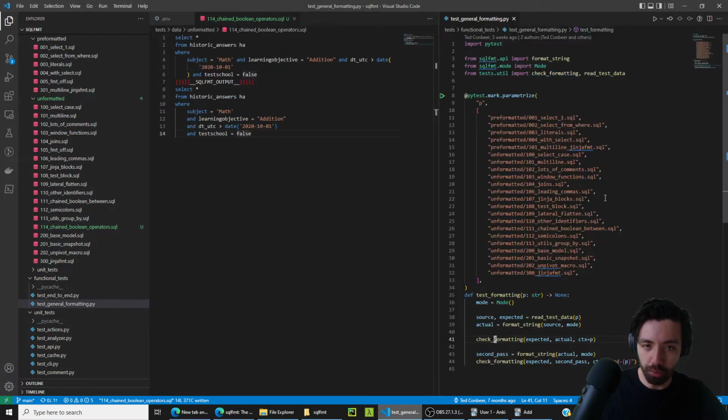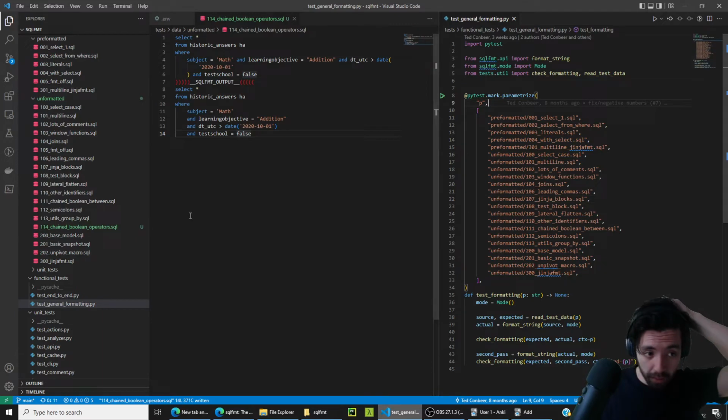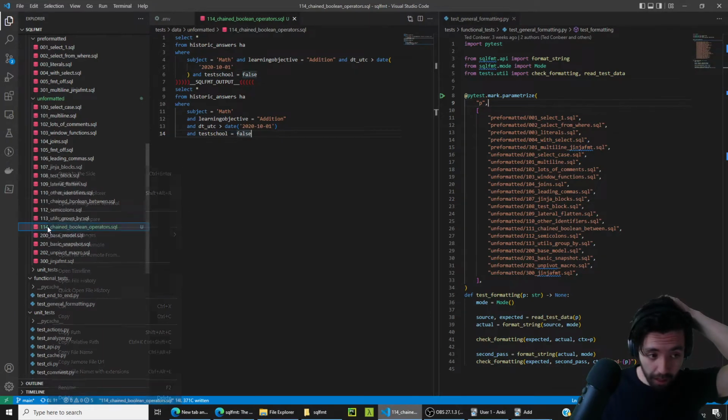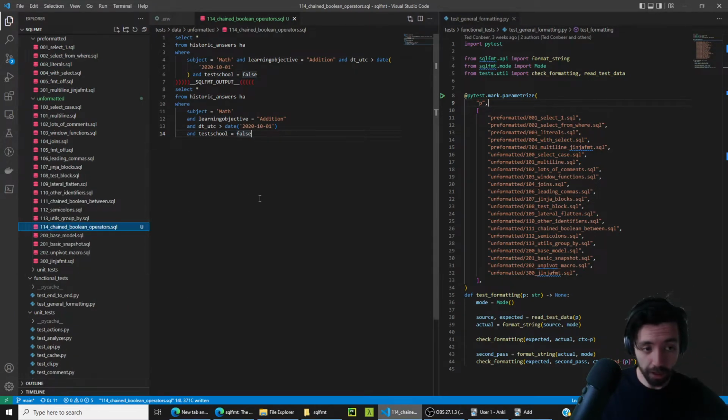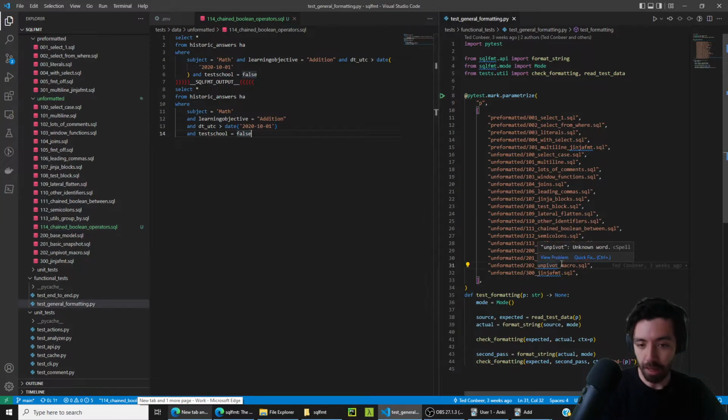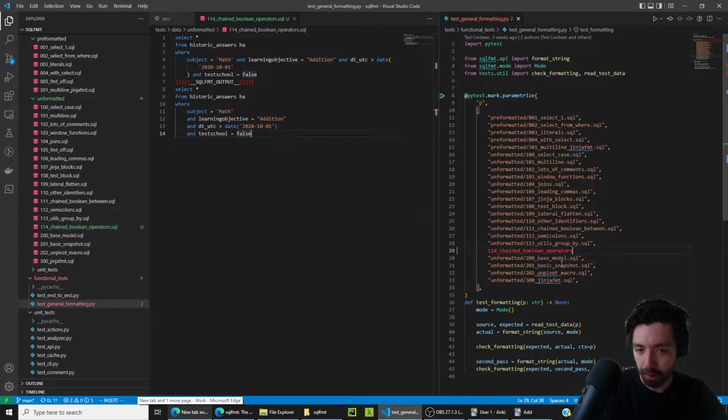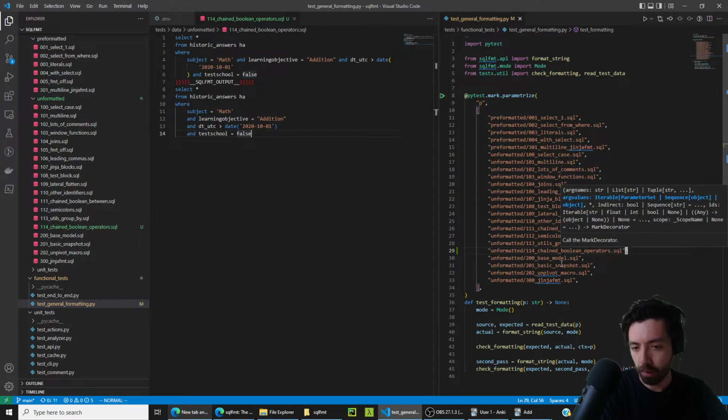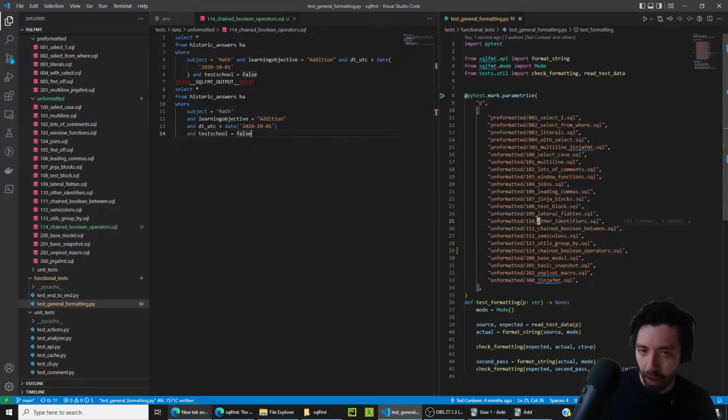So this is general formatting. Now we add this. I have a very nice shortcut to copy the file name. So Ctrl-Alt-F copies the file name here. And then we add it here. Oh, actually in unformatted. Boom, SQL. Okay. And now we added, hopefully,